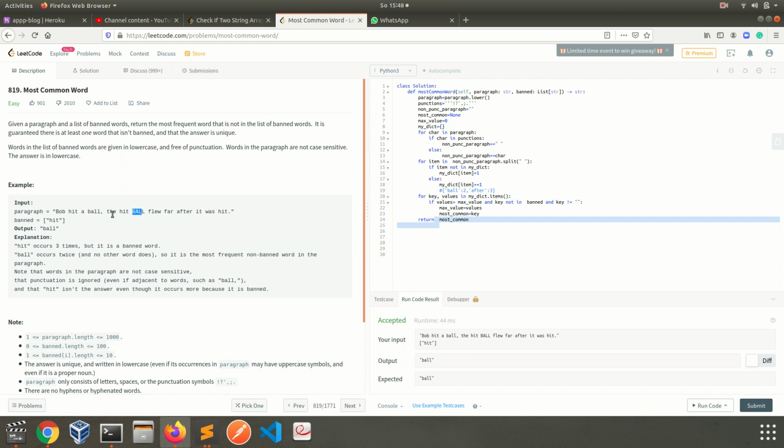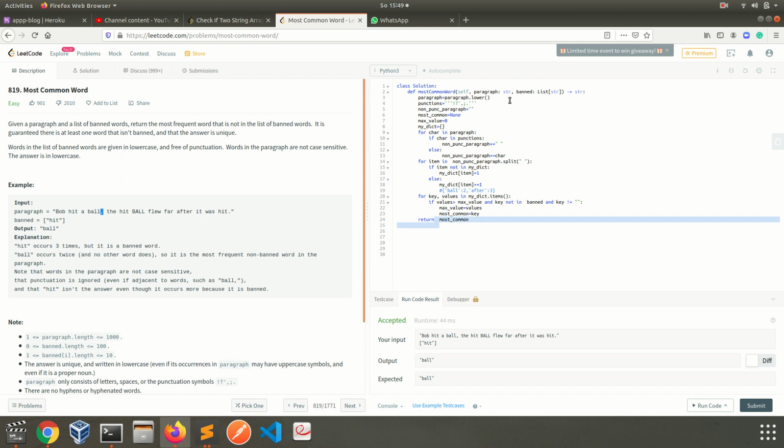Actually it is the same, but here we have the ball with a comma and here we don't have any comma. Normally it's the same, but because of the comma, our program cannot understand that. First of all, we need to replace this comma with a space. This is my solution. Maybe you can do something different.